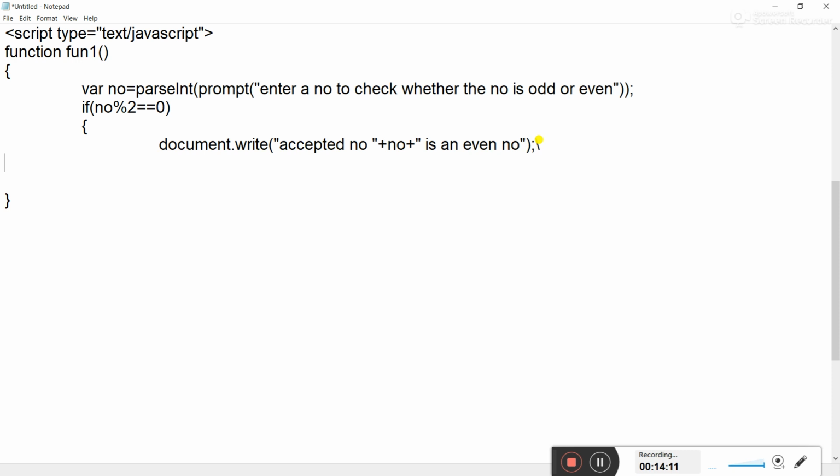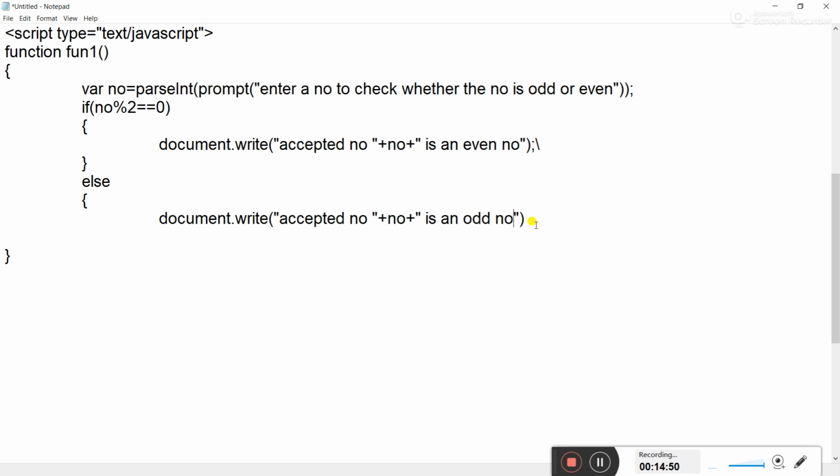Now after this, next one, if that value is not equal to 0, then else document.write accepted number, that is plus number, and again plus is an odd number.